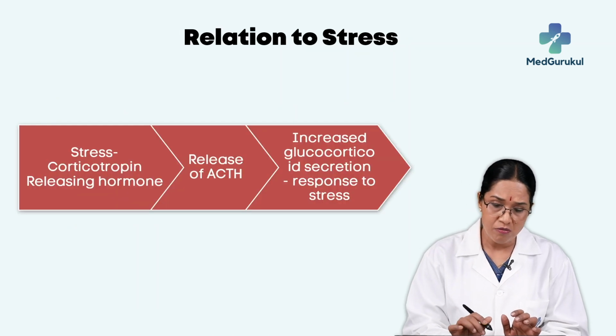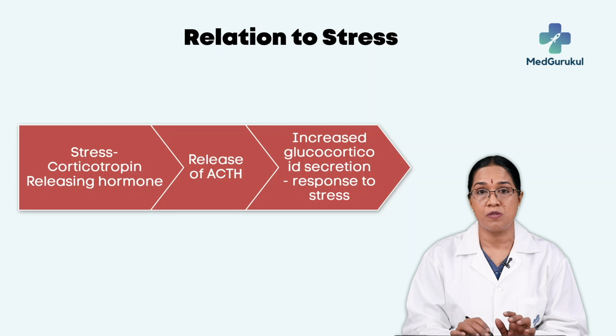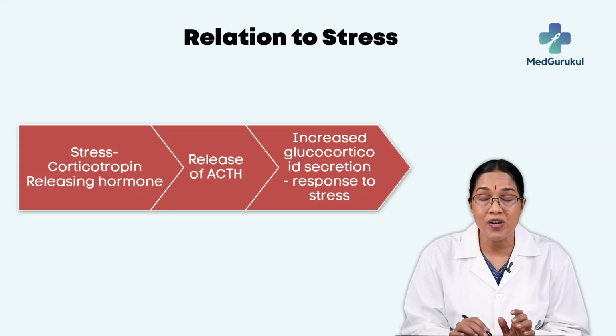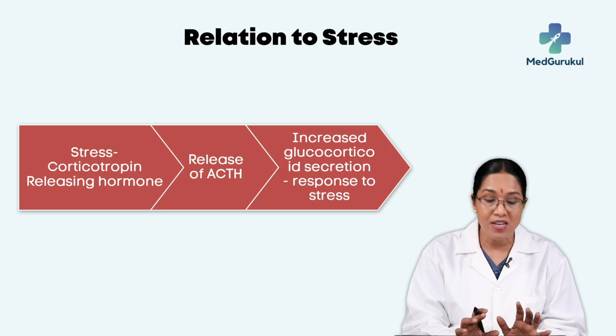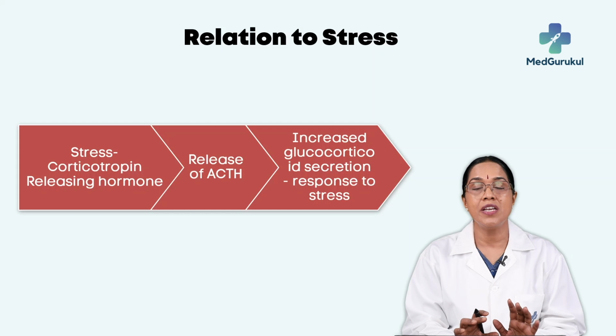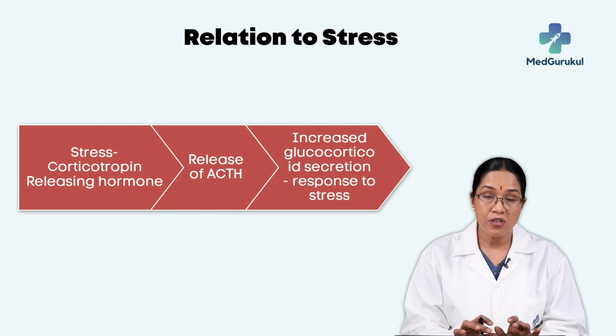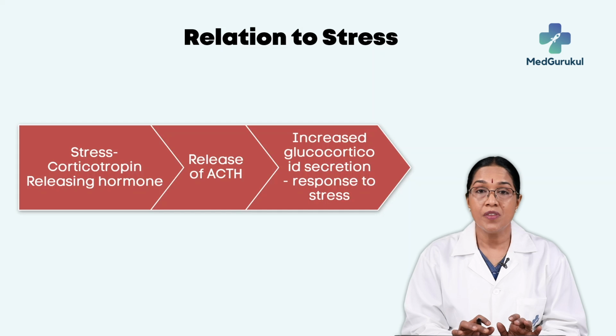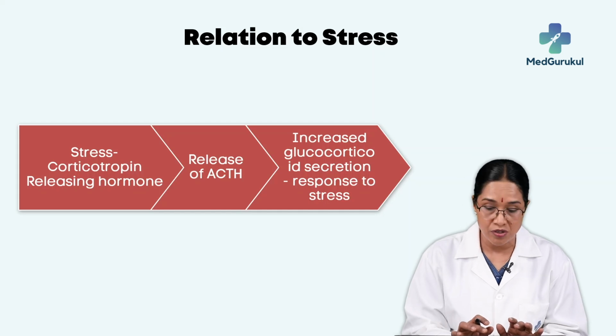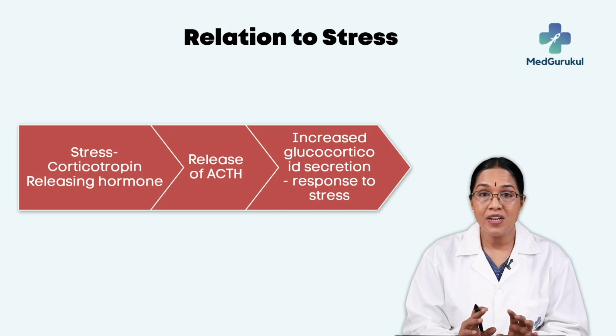Now, what is the involvement of the hypothalamus in stress? Whenever the person or the animal is in any kind of stress, there is the release of corticotropin releasing hormone. Now, with this corticotropin releasing hormone, there is the release of adrenocorticotropic hormone, and the increased levels of this